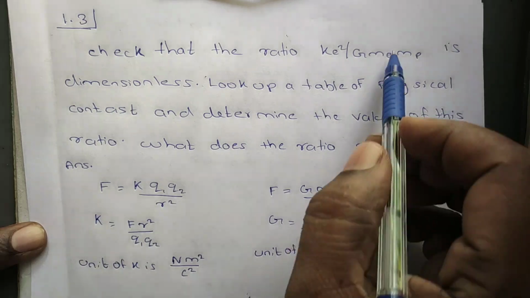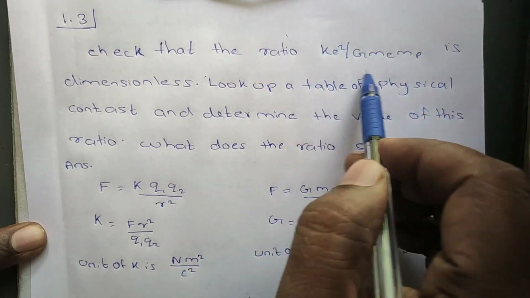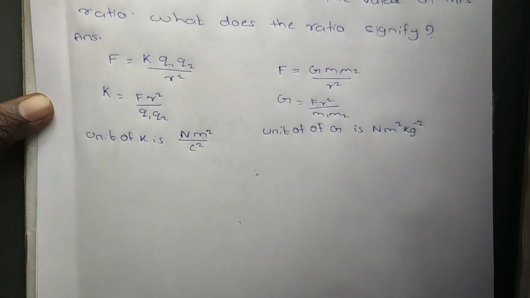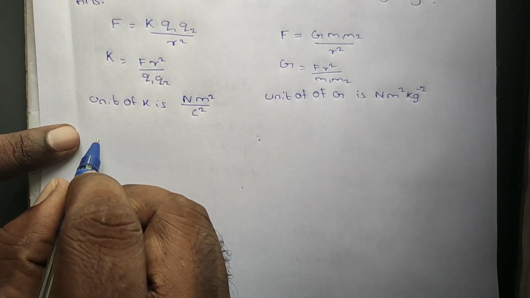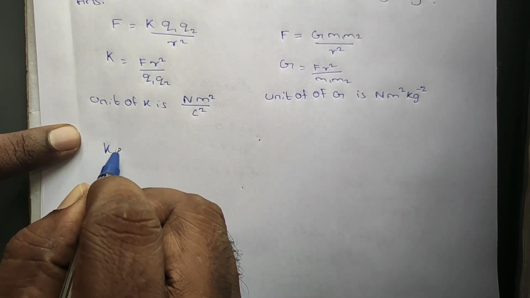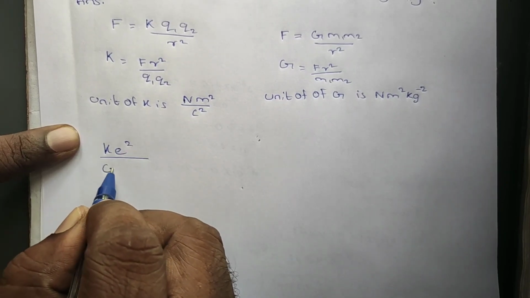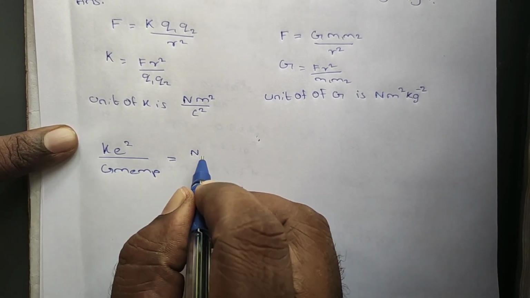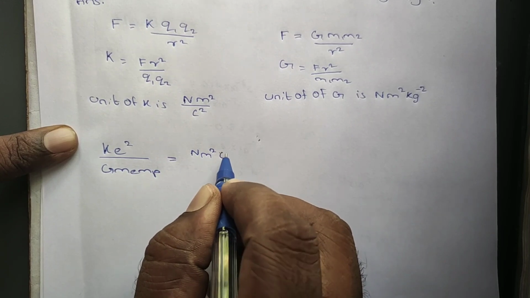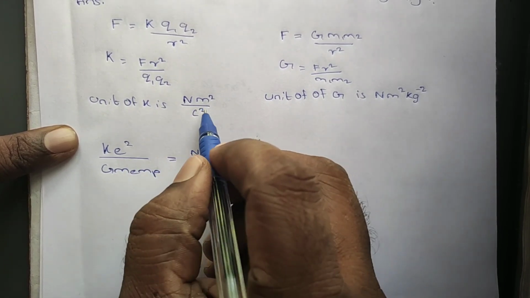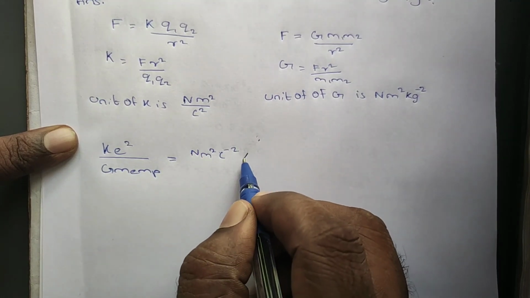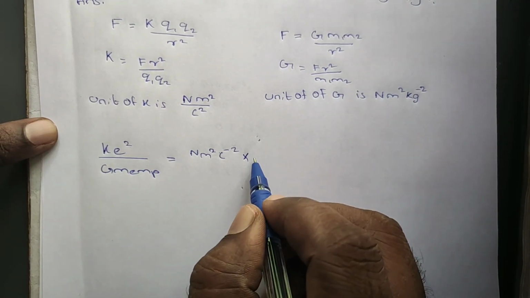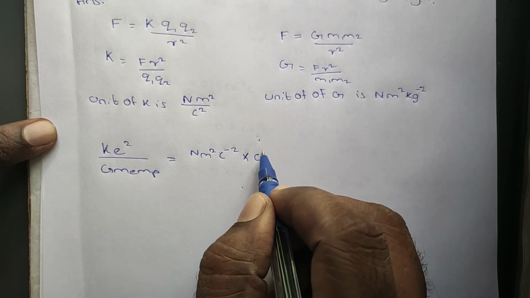Now we can find the unit of this one, because we have to find out all the variables in this quantity. So, the quantity is K e square divided by G Me Mp. What is the K unit? Newton meter square Coulomb power minus 2. How did this minus 2 come? It goes to the top side. Into, what is this? E is the basic charge. It is a charge, so its unit is Coulomb, so Coulomb square,